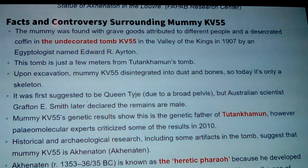Well, those people that were with that genetic test were able to get another test set done on the same mummies. They're back at it again, with the new director there to finish up the work that they were doing in the first place, to finalize the genetics. We'll get into that in just a second, but there are facts and controversies